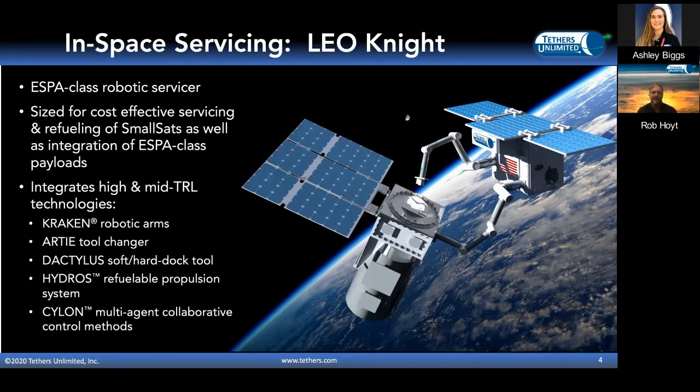Now, NASA and DARPA have been making substantial investments in the RSGS robotic servicer for GEO and the OSAM-1 vehicle. But those systems are quite large. They use very large, heavy robotic arms, which require a large, rather expensive spacecraft bus to carry and support them. Now, those systems will be very useful for servicing of large vehicles like geostationary communication satellites, but their size and